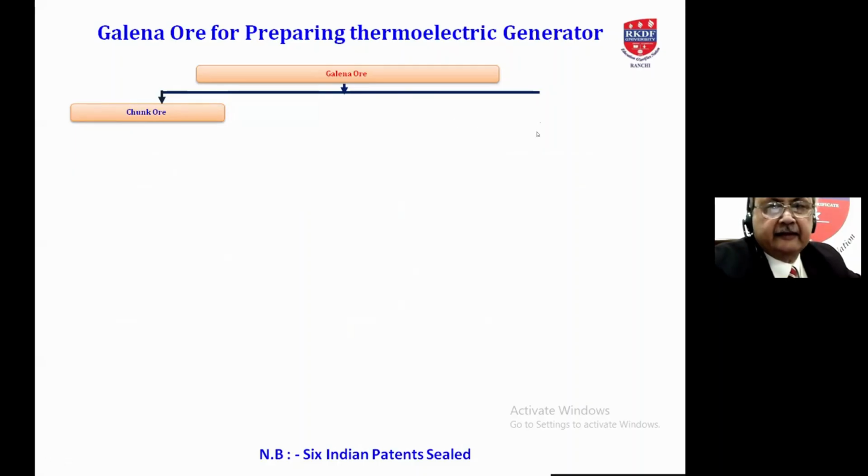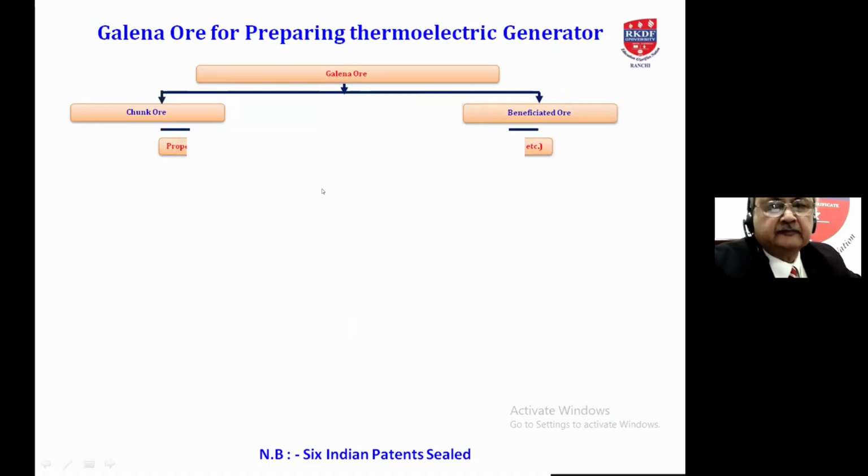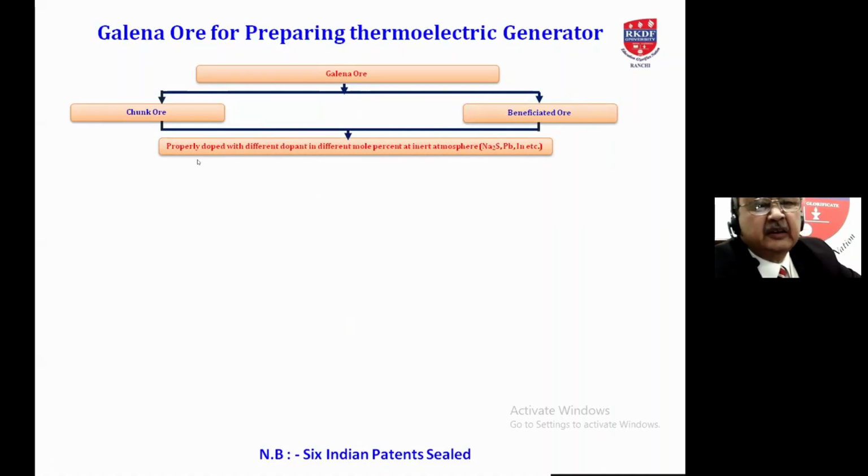Another is the beneficiated galena ore, which is in powder form after the froth flotation technique. Then we dope with different dopants in different mole percent in an inert atmosphere, like sodium sulfide, lead, indium, etc., to chunk galena as well as beneficiated